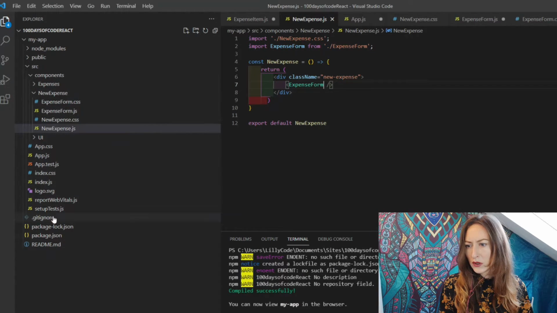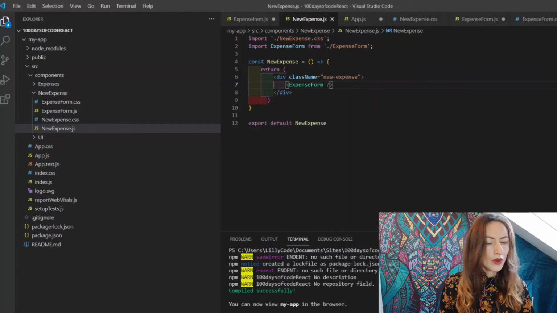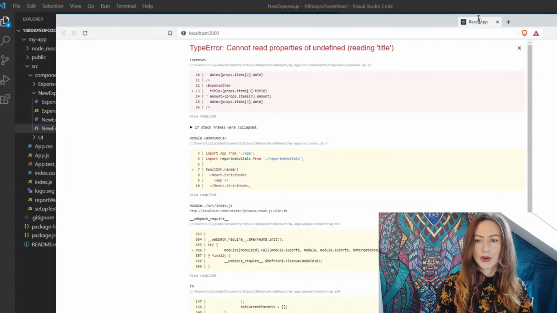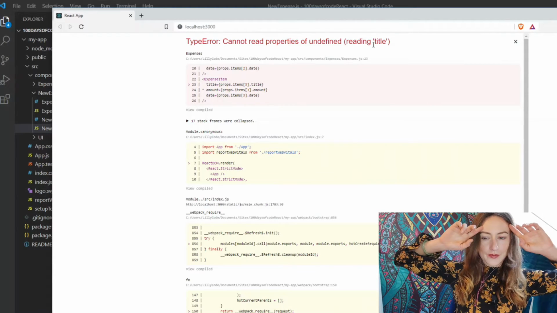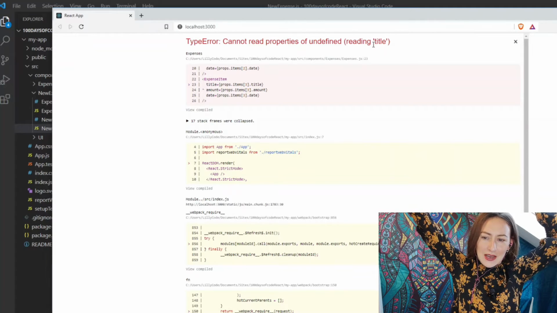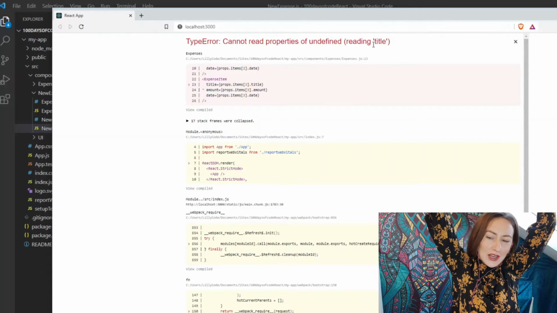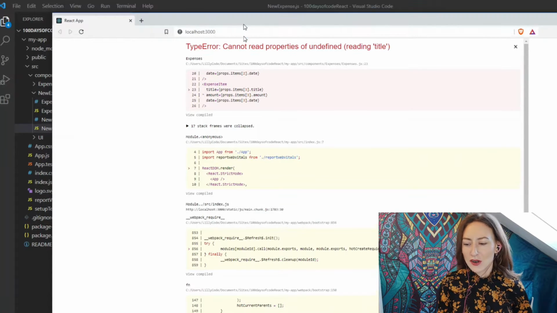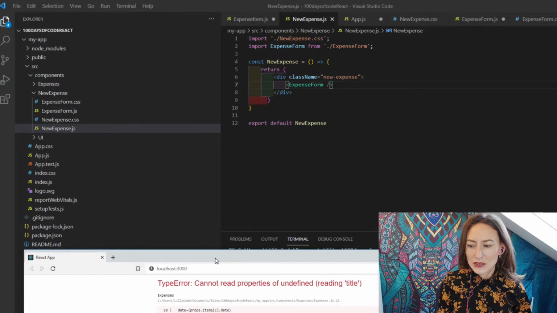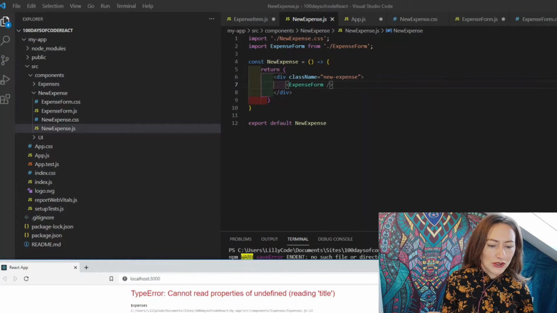Expenses.js. Okay, so I'm after firing up my React project and I'm getting this error still that I couldn't read title. So yeah, I had a little look at this yesterday and then I just wanted to continue, so I did just continue. But yeah, I think it's time to try and have a go fixing this. It really shouldn't be difficult, so let's just do it